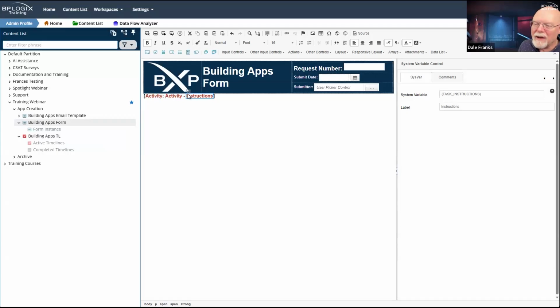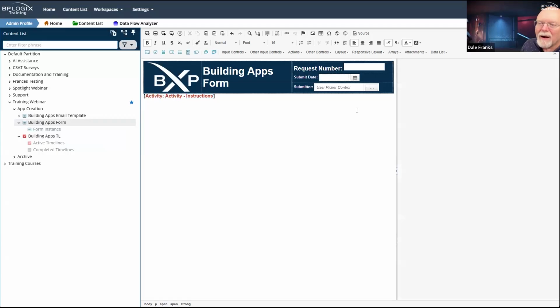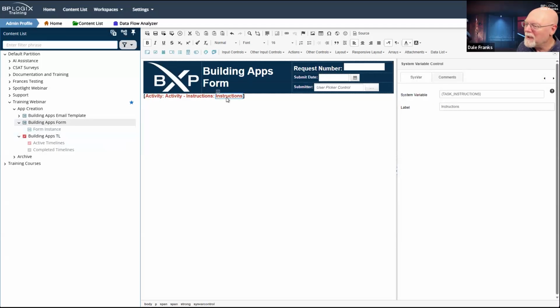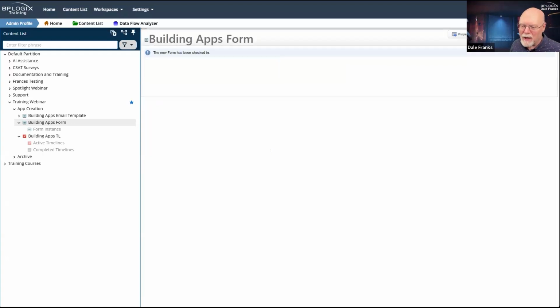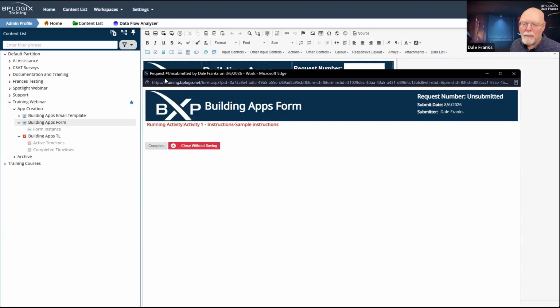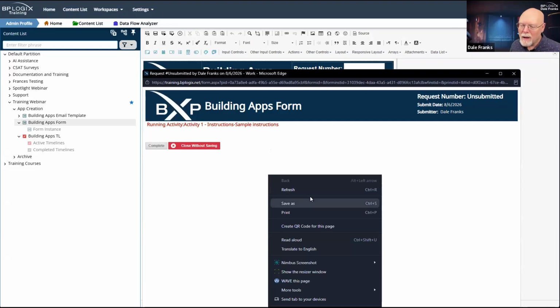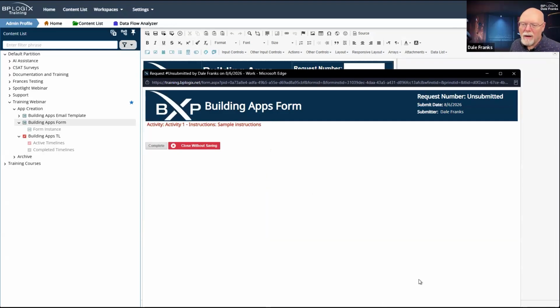Oh, what have I done? There we go. I was not typing. I don't know what it was I was typing, and I was just typing away. But I think that probably gets us exactly where we want with the exact verbiage we want, and it only shows up. There we go. We're happy with that. We have our instructions.